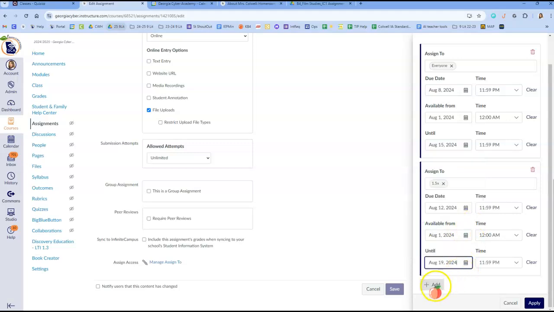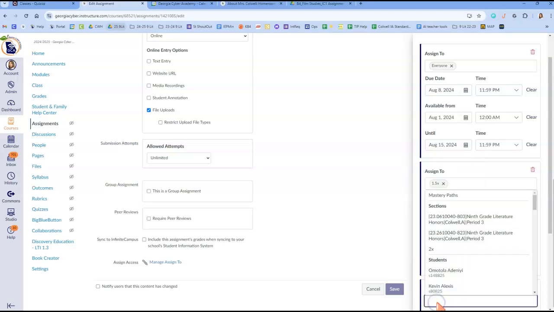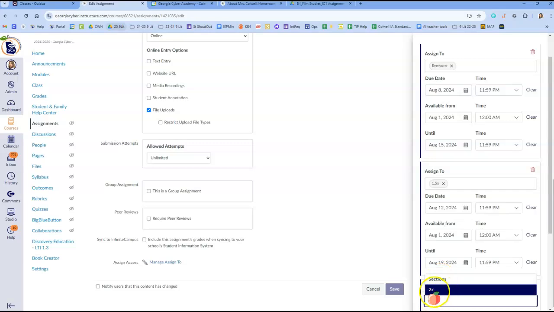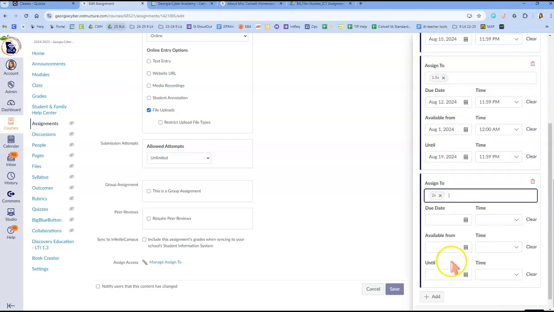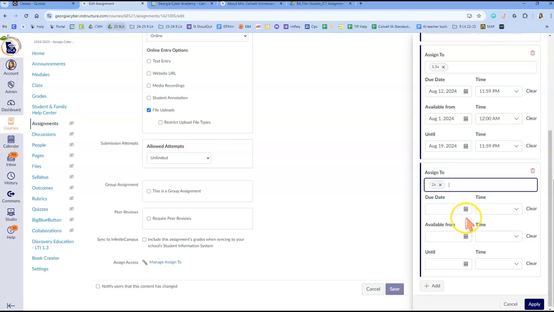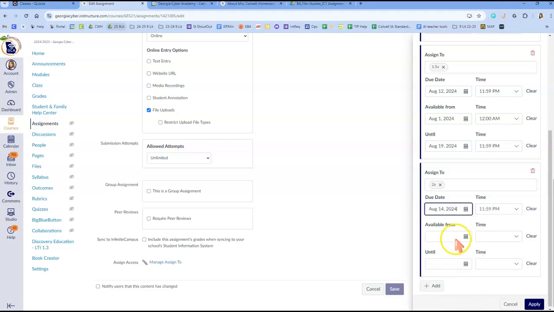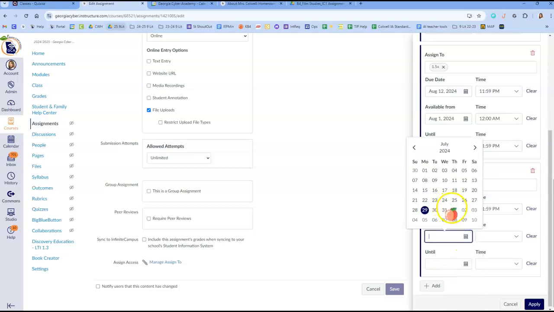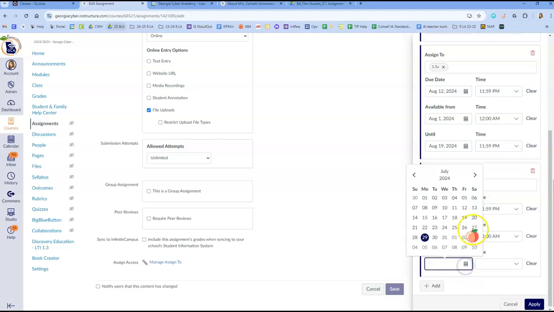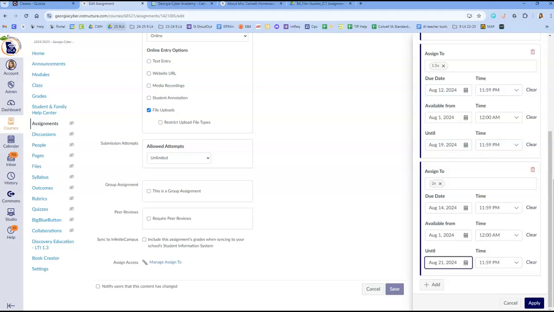Okay, and then we need to add in our 2 times group. And for 2 times, this is going to be due on August 14th. And it's still available from the 1st until the 21st. Now, right here, I want to say you have autonomy in your Canvas course to adjust the